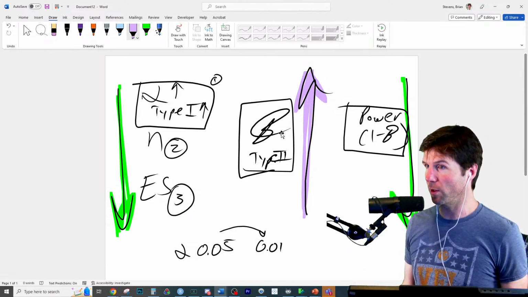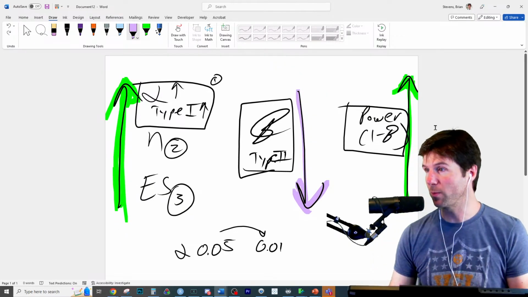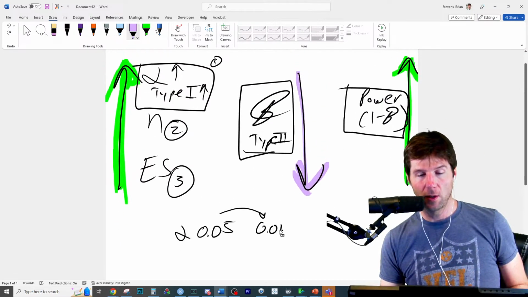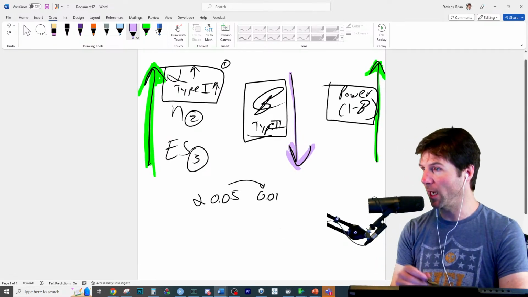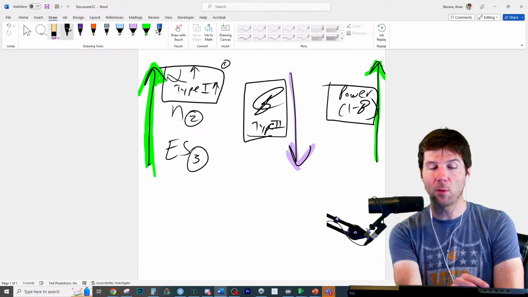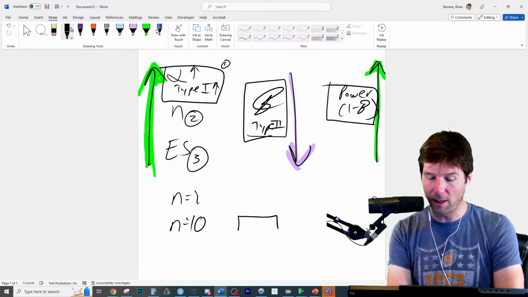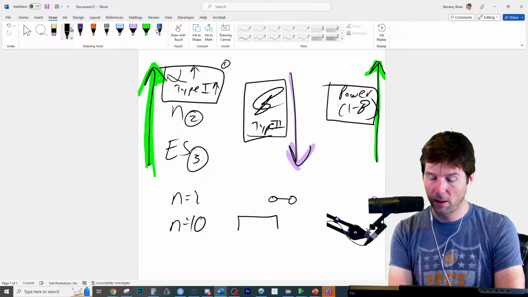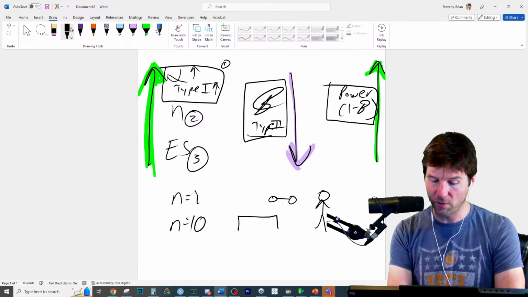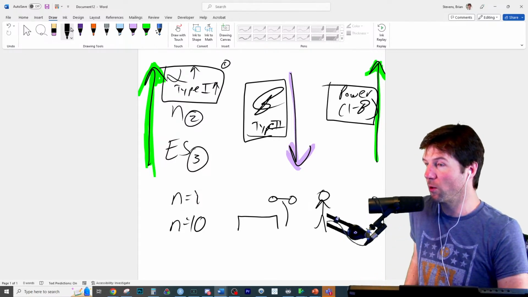Power gets stronger if you have a larger sample size. We'll reverse time right here so we can see the arrows going up. What increases power? So think about this. When would it be easier to see Brian cannot bench 400 pounds? If you watch Brian at the gym 1 time or you watch Brian at the gym 10 times, when would it be easier to say, I have good reason to believe that Brian cannot bench 400 pounds? So when would it be easier to reject the null hypothesis that Brian can bench 400 pounds? You watch him at the gym 1 time or 10 times? When would it be easier to reject the false null?